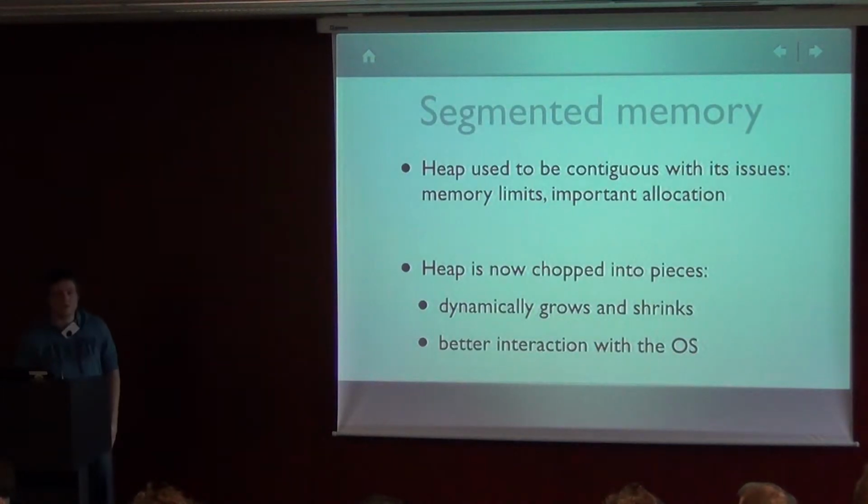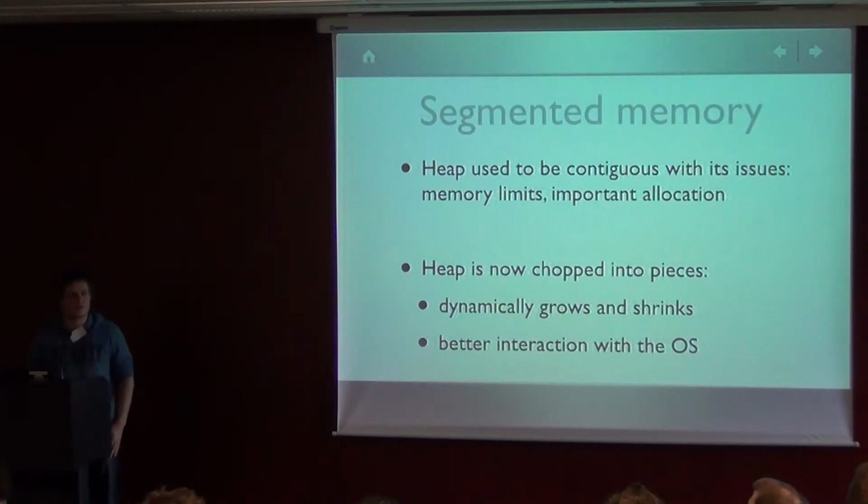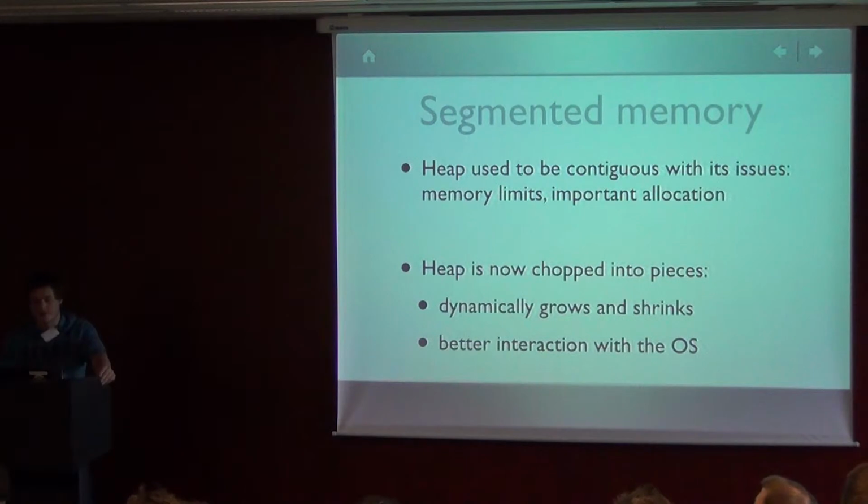The next thing is that now the memory is segmented. Currently, the problem is that when you start the virtual machine, it asks the operating system for a huge portion of memory that should be contiguous, for example 500 megabytes in Windows. That's a problem because you have to reserve this portion of memory. In addition, when your image grows up to 500 megabytes, you get an out of memory error, and then you need to restart your virtual machine with other settings or perhaps even recompile it.